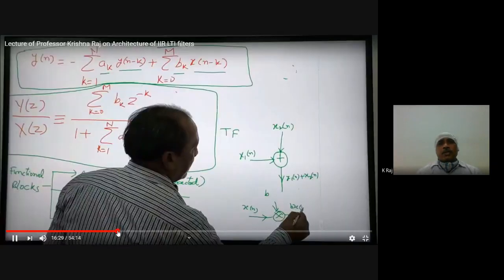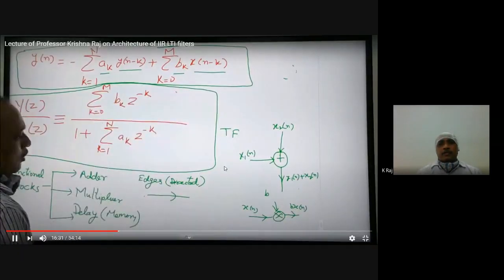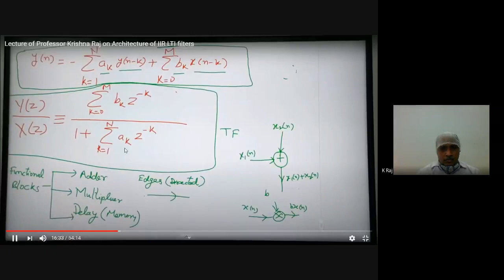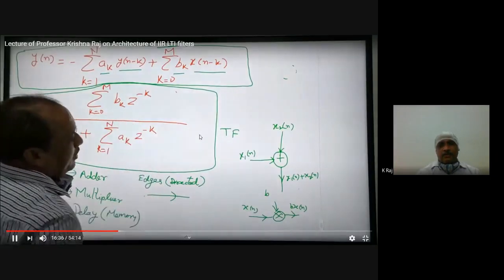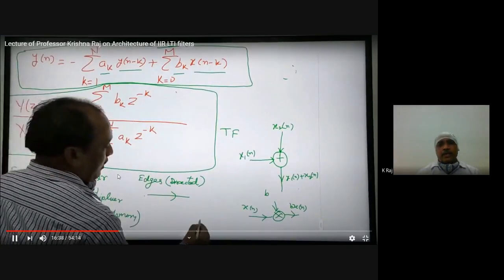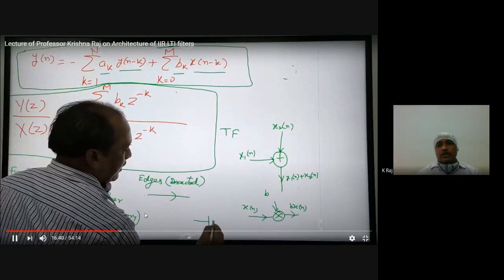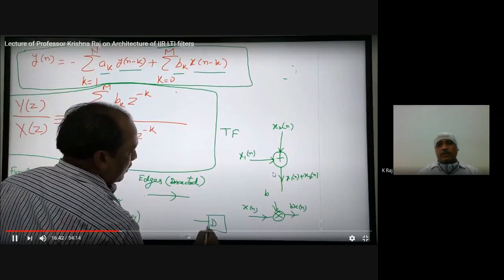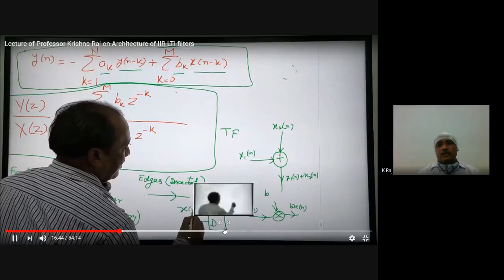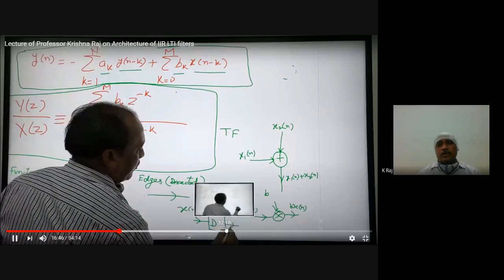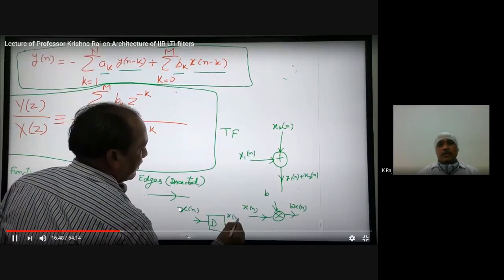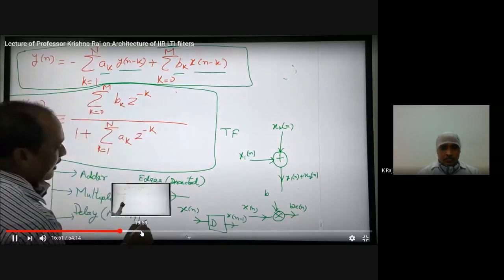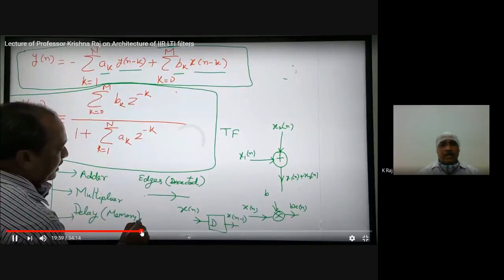Now see here, we have also described that to draw the architecture of a filter, there is a need of adders, multipliers, and memory. The adder is represented by this simple symbol, the multiplier is represented by this one, and delay, that is the memory, is represented with the help of the delay, a 1 bit storing element.